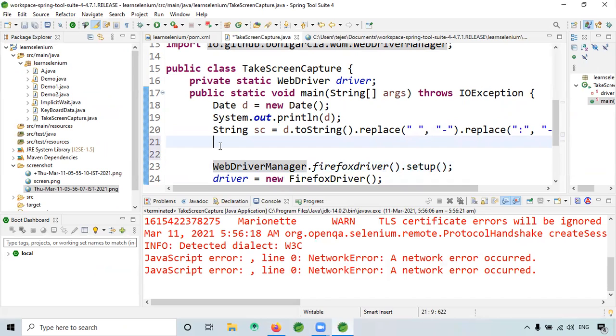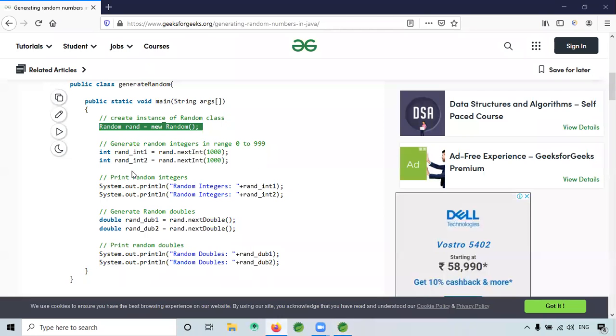Now instead of date, we are going to use the random generator. Here, 1000 means within the range 0 to 1000 it has to generate one.